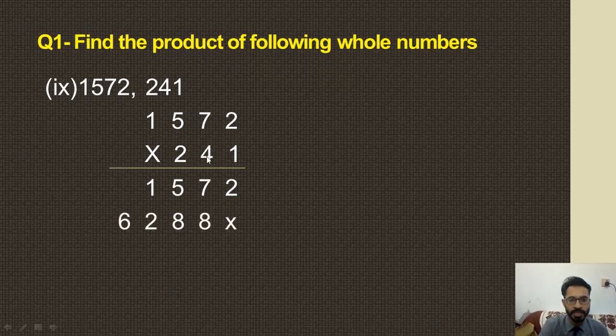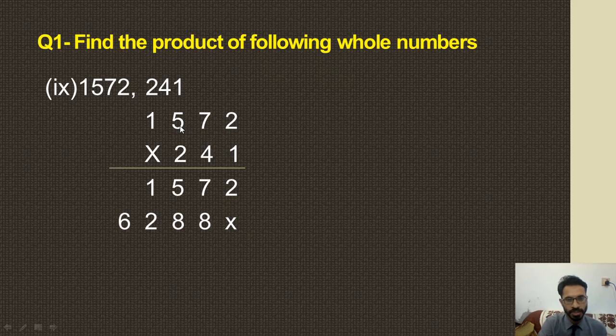After that we will multiply this 4. Before multiplying 4 with 2, 7, 5 and 1, first we will put this cross sign under 2. After that we will multiply. Now we will start multiplication of 4. 4 multiplied by 2, 4 2s are 8 and this 8 will be written under 7. 4 7s are 28. From 28, 8 at the unit place will be written under 5 and 2 from the 10s place will carry to the next number.